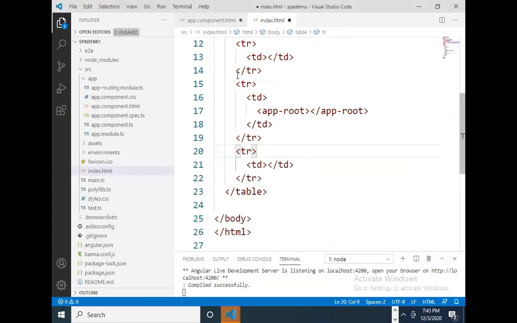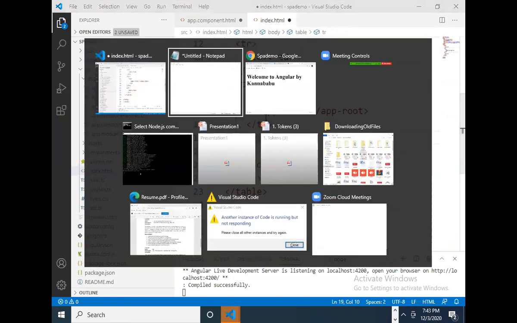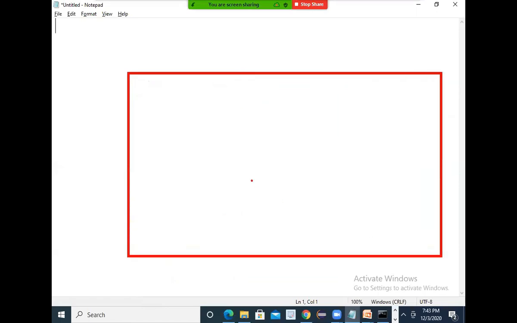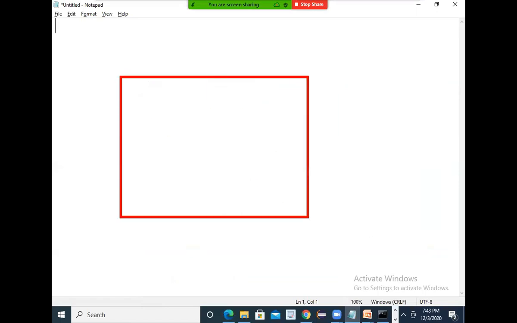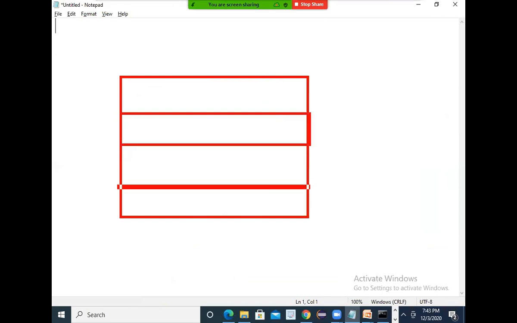Now I am creating one single page. Where to write the single page code? In index.html. Here I want to take one table tag in HTML. This is one table. In HTML, I want to create one table, and this is one tr tag, and this is one td tag. So here what to do? Here you can open one table tag, and here you can close the table tag.